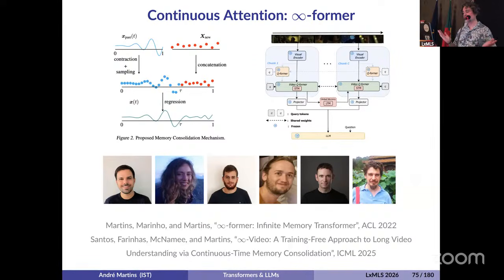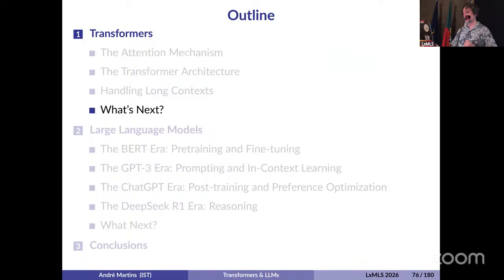For example, if you are modeling video, which was the topic of this ICML paper with my student Saul, in long videos, there's parts of the video that are completely uninteresting. So maybe you don't need to waste a lot of basis functions in those regions. And there are parts of the video where lots of interesting things are happening. So maybe you need more granularity in those memories. And you can do that if you do these computations in a continuous space. Okay, so